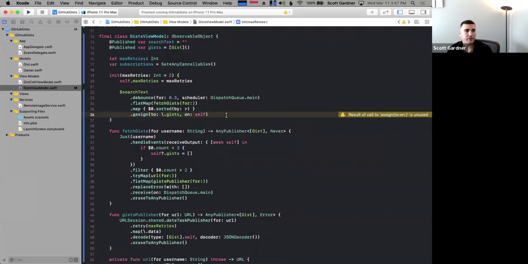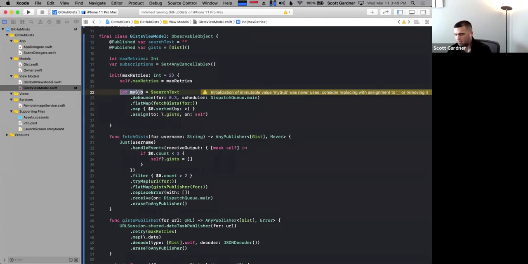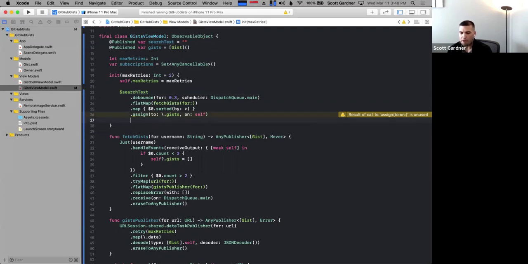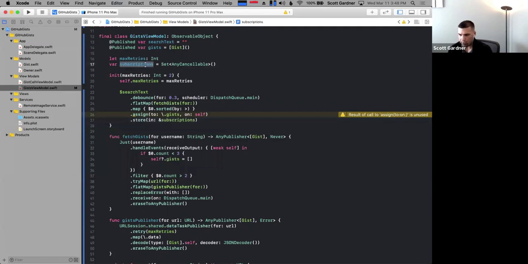The last thing we need to do with this assign, and this is the thing that you need to do with all subscriptions, is either say let my subscription equals that value. Of course, if we did this here, it would immediately go out of scope and the subscription would be canceled and you'd leak that memory. You can assign a subscription to an individual property like that, whether it's a local value or a property on the type, but more often than not, you'll just do store in subscriptions, and that will automatically add that subscription to this collection,